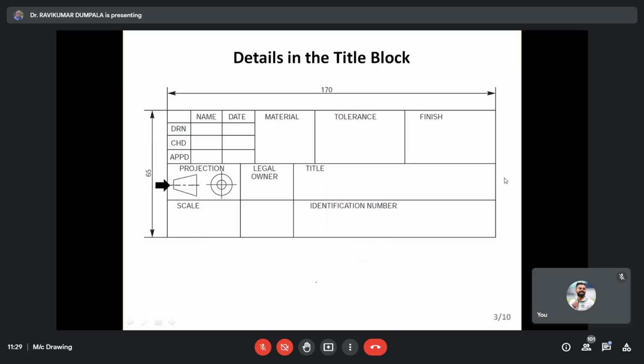And if you have three views, then it's very easy to identify. Suppose you have views like this. Is it first angle projection or third angle projection? Any one of you? You know, actually you have done all these things, but you didn't try to understand what exactly it means. So I think that is the reason you're not able to answer.